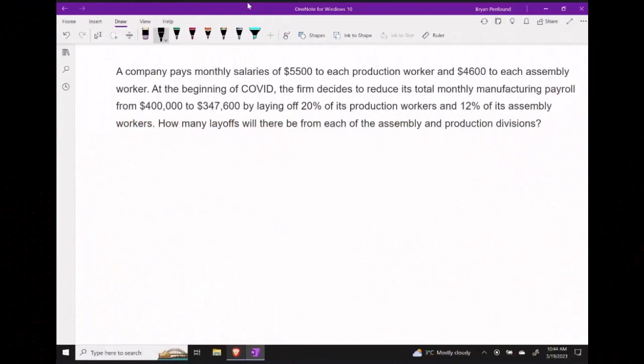In this video, we're going to solve the following word problem. Let's suppose that a company pays monthly salaries of $5,500 for every production worker and $4,600 for every assembly worker. Then suppose something happens so that the company decides to reduce its payroll from $400,000 to $347,600. And they're going to accomplish this by laying off 20% of the production workers and 12% of the assembly workers. Our goal here is to determine how many layoffs we need from each of the assembly and production divisions